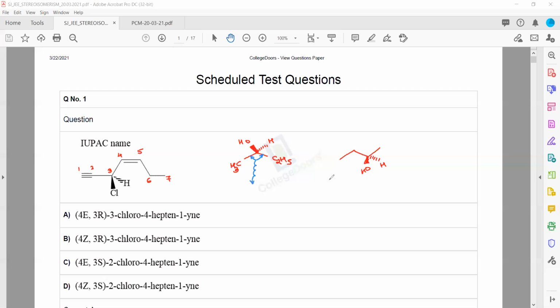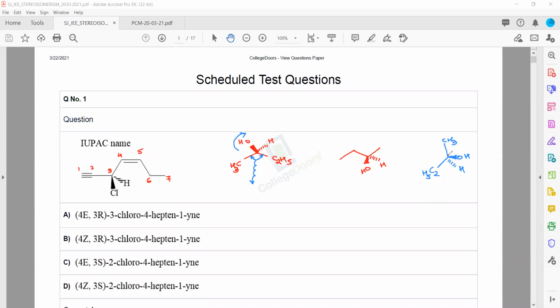Or the other way round, you just rotate it by approximately 90 degrees. If you rotate, you will get the two bonds like this, the dark wedge and the dashed wedge. Agreed? If I rotate this molecule upward, this is the actual notation that we normally see. So what will be the valencies here? CH3, CH3. This one, C2H5. The dark wedge is OH and the dashed wedge is H.